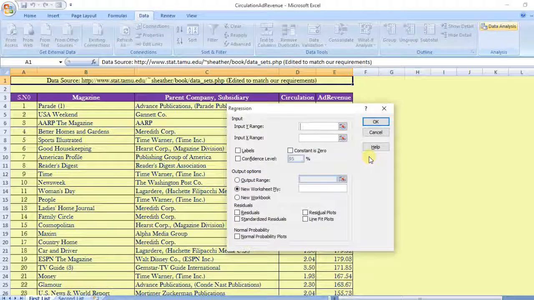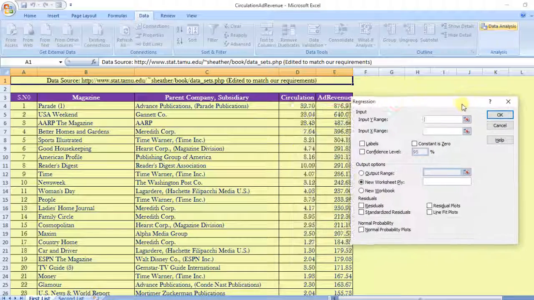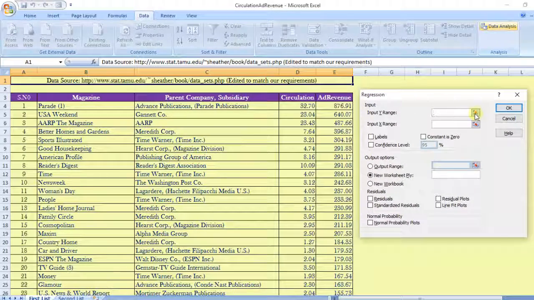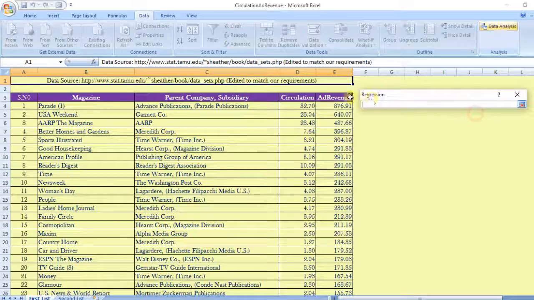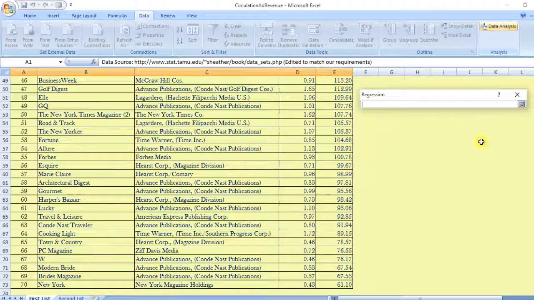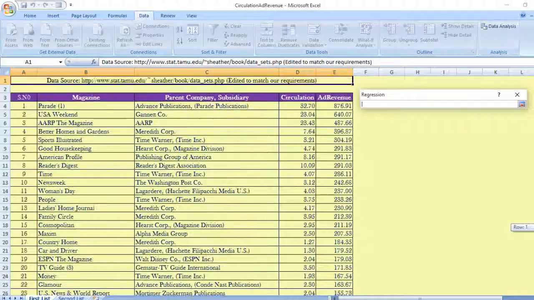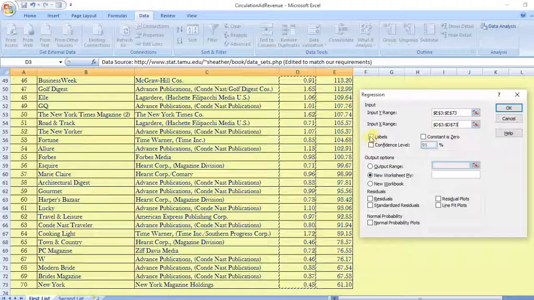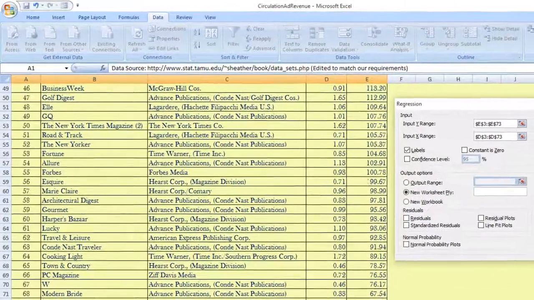Regression dialog box appears. For input Y range, select dependent variable, that is, ad revenue, and for input X range, select independent variable, that is, circulation. Then select labels. From output options, choose New Worksheet and click OK.